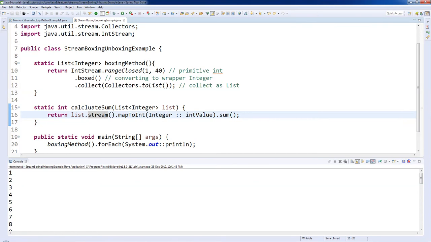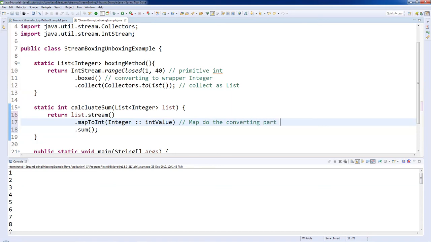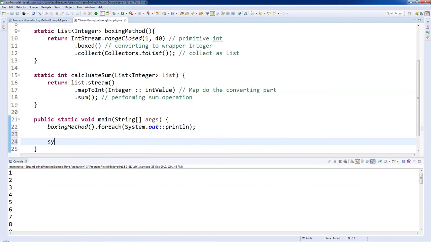Here what will happen is I'm just opening a stream, then mapToInt is the converting part, and then performing the sum operation. Okay, let's run this method and see the outcome. System.out.println, sum is